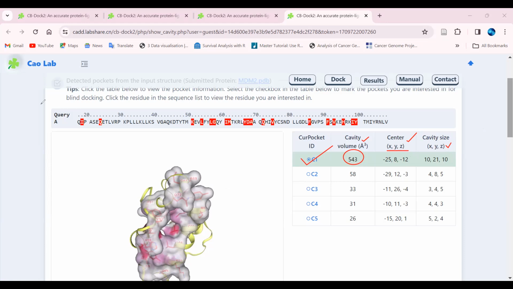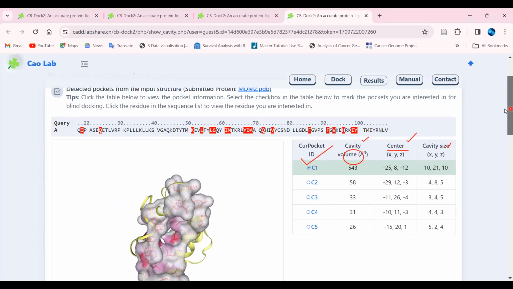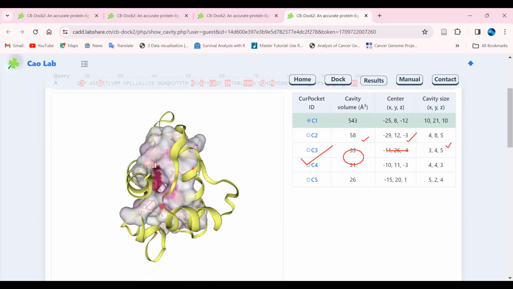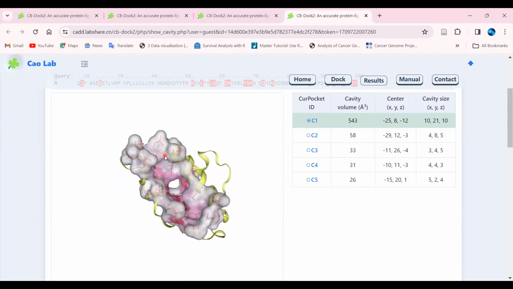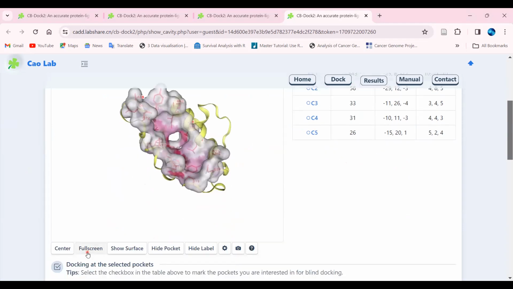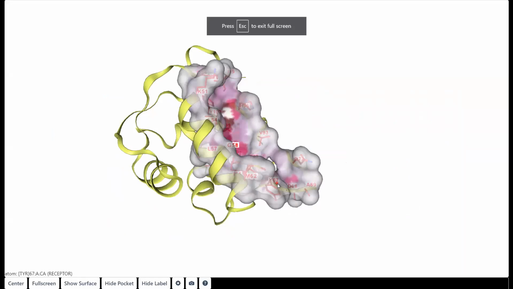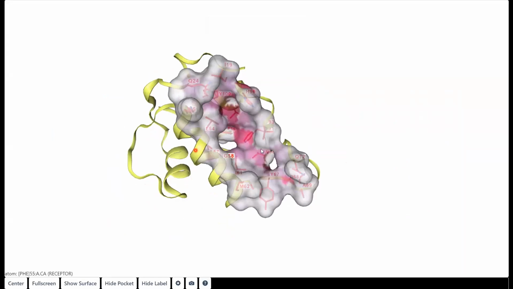Okay. For that, they have even provided you an option where you can just explore this structure accordingly. And for that, you all can see here that the structures get represented. So basically here you can observe the 3D structures accordingly, and then you can get the overview about the selected structure, right? You can zoom this, you can look for this cavity. For that, what you have to do, you have to just scroll down a little bit, click on the full screen, and then have a view on the pocket. Okay, you can just observe accordingly.